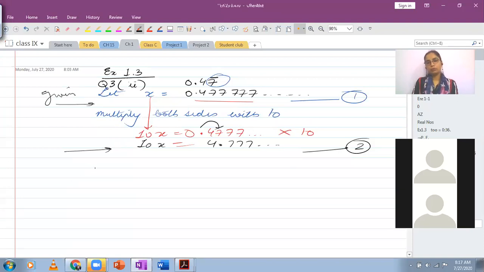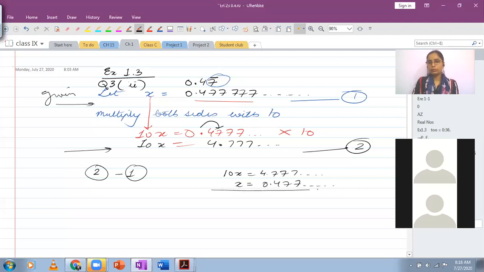What I want to do is subtract these two. I'm going to subtract the larger equation, which contains larger values, from it, I want to subtract the one with smaller values. You can do it directly from here, or you can write down the second equation. This is equation number 2. You can write this on top, and then equation number 1, which you want to subtract, will be written below this. So I've got x on the left hand side, 0.47 repeating on the right hand side, and then I'm going to subtract. When I subtract, the left hand sides are subtracted with each other and right hand sides are subtracted from each other.